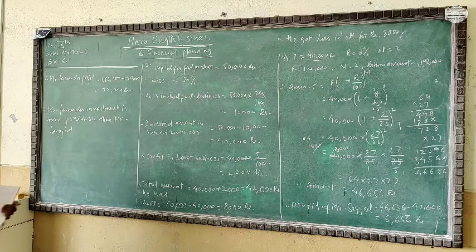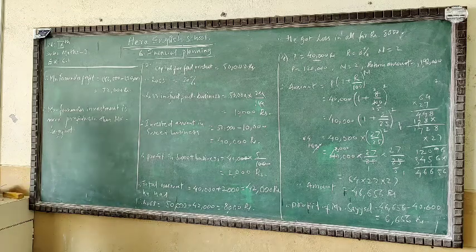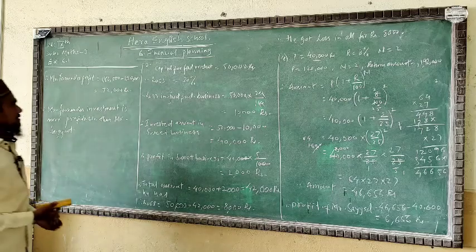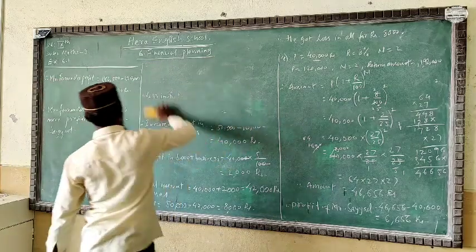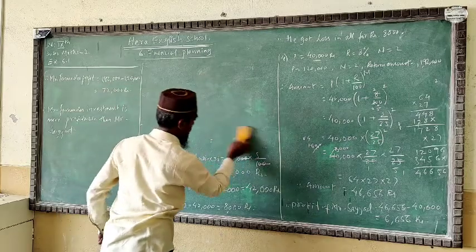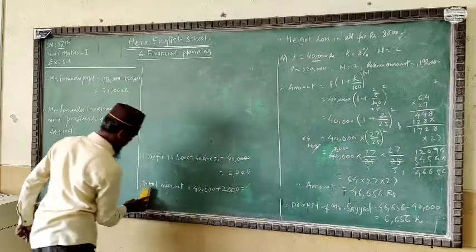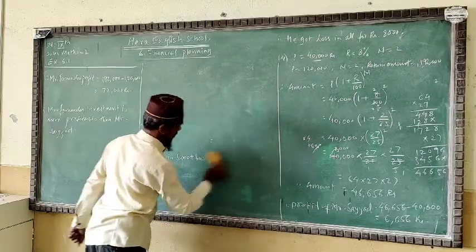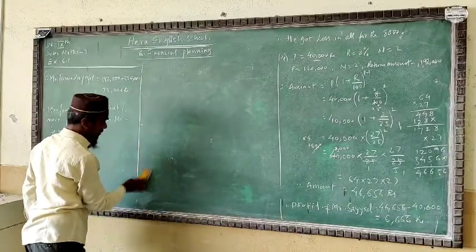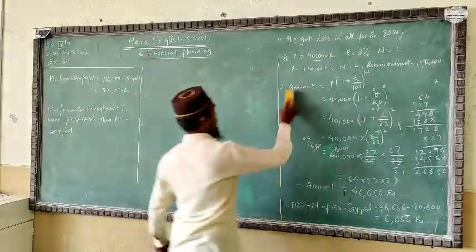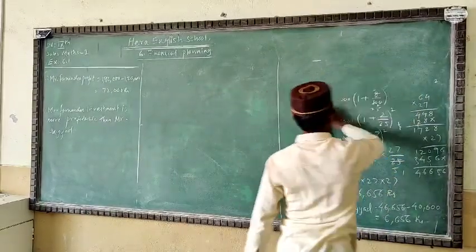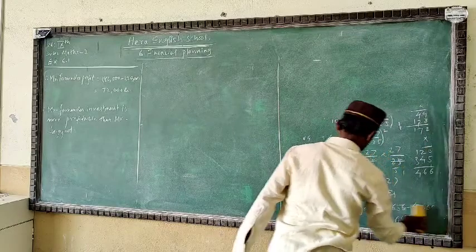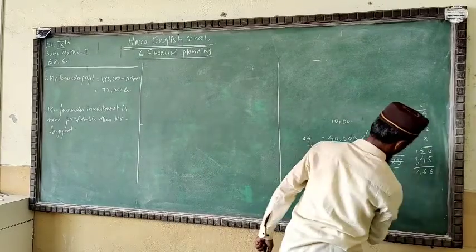Okay, everyone got there? This is your exercise 6.1. We have completed it. Now we'll continue the exercise. Next one, 6.2. See very well continuously, everyone. See exercise number 6.2, which depends on the income tax law. Those persons are paying the income tax according to that law. Now open your exercise 6.2, everyone.